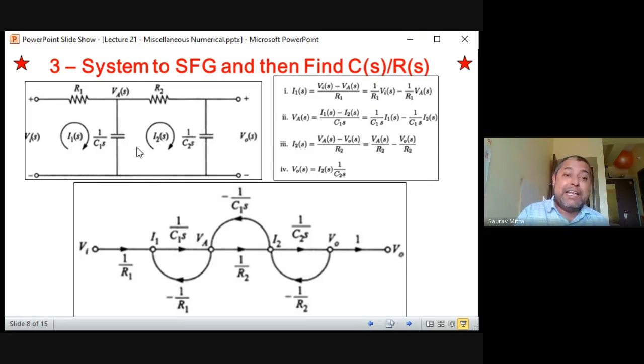Whenever this kind of ladder thing is there, this is for a ladder network. In that case, this is the way you are supposed to prepare the nodes. What is the first equation? I1, that is VI by R1 minus VA by R1. Now this is that I1 signal, and this VA is coming from here, so you name it VA. Then how to find VA? How many things are coming at this node? There are two things coming at the input. The first one is I1 by C1S, coming at this node. You only have to take incoming. Don't think of the outgoing.